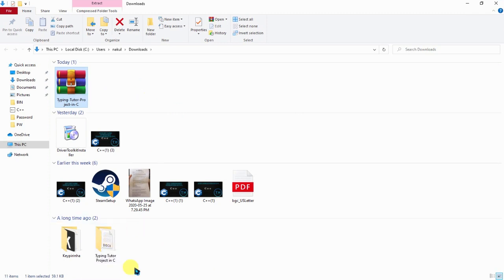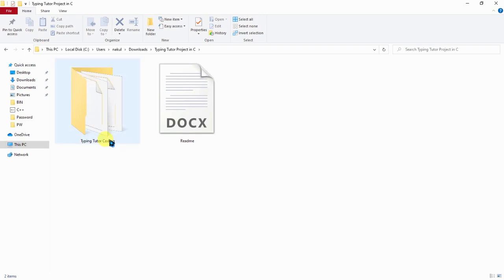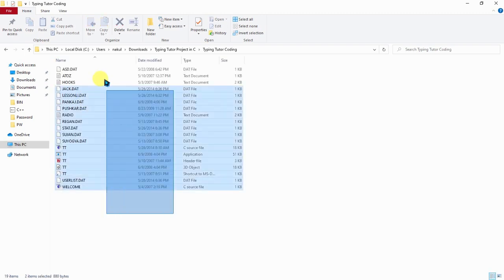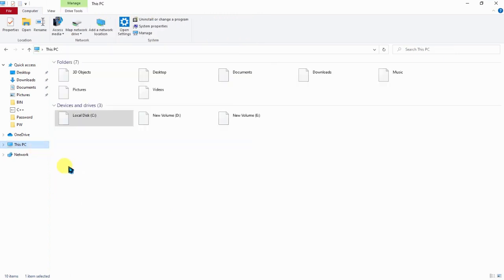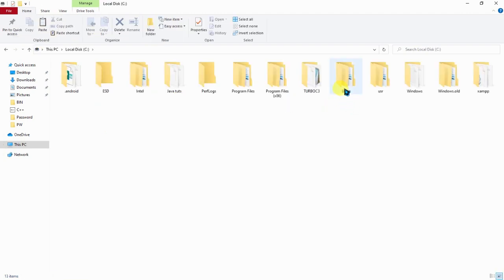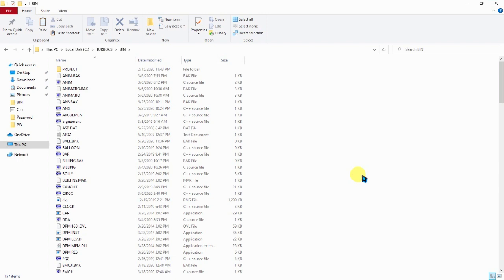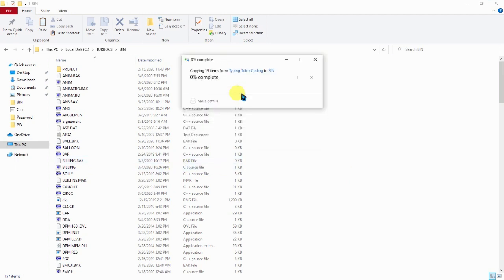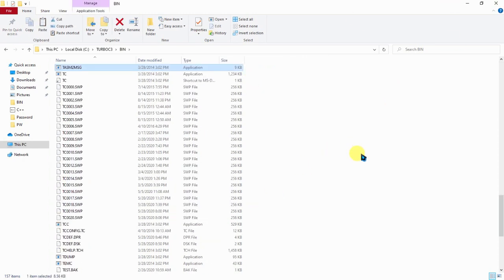Then open typing tutor coding, copy all the files from here and go to your Turbo C folder destination. Mine is in C, then Turbo C3, then the Win folder. Here you just have to paste all the files. I have already pasted them into this folder, so it asks me to replace all the files in the destination. Our program name is TT.